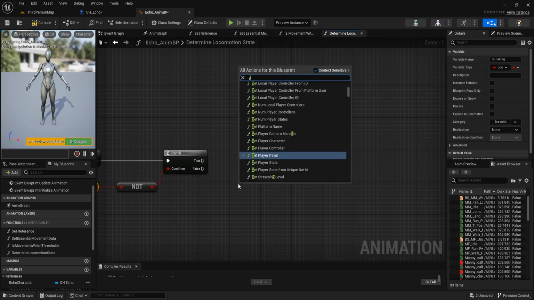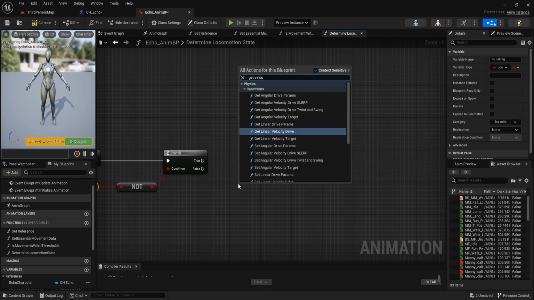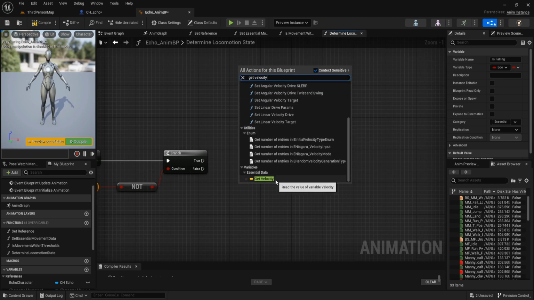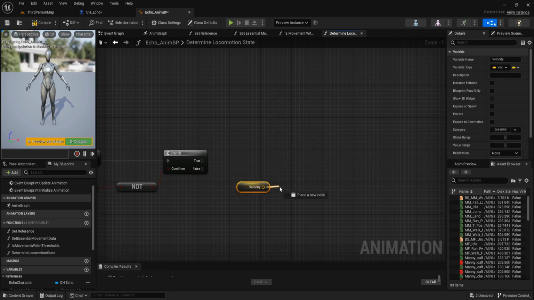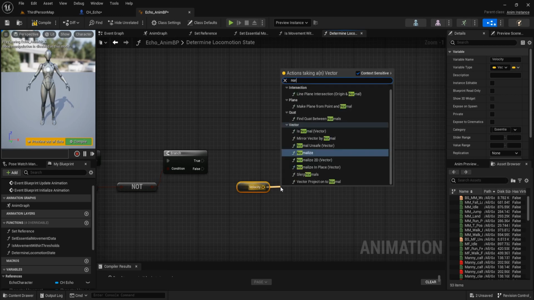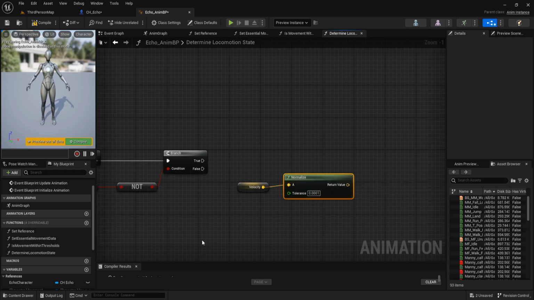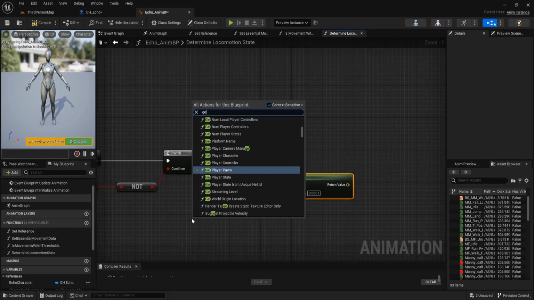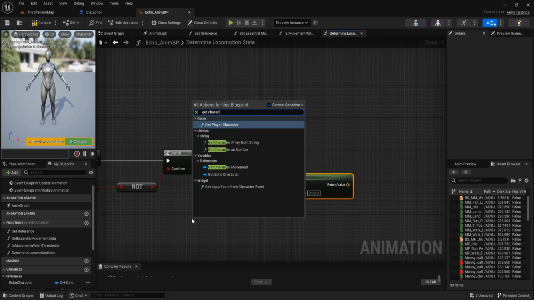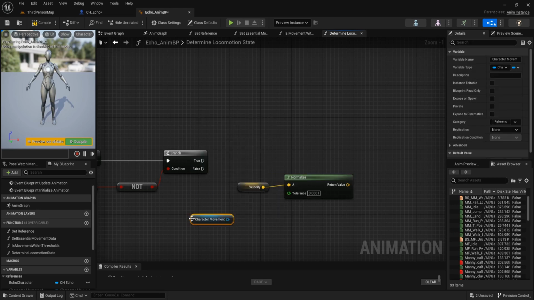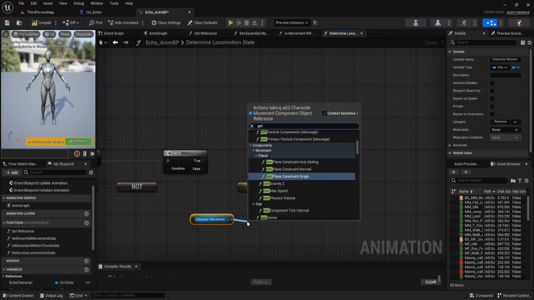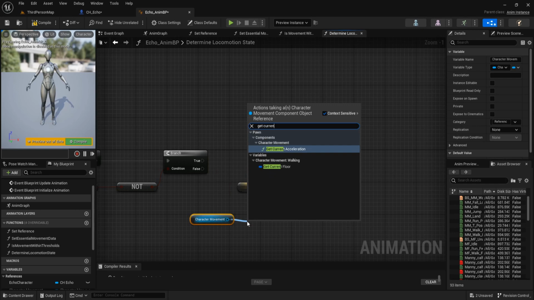And get velocity. Normalize. Get character movement. And get current acceleration.